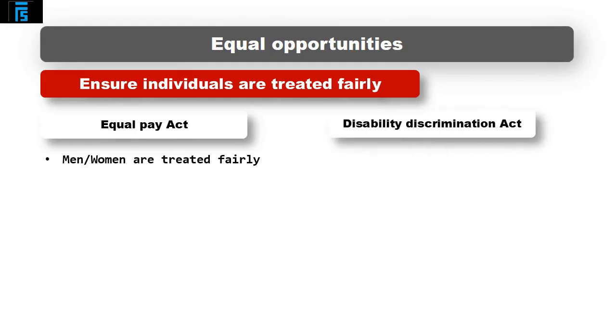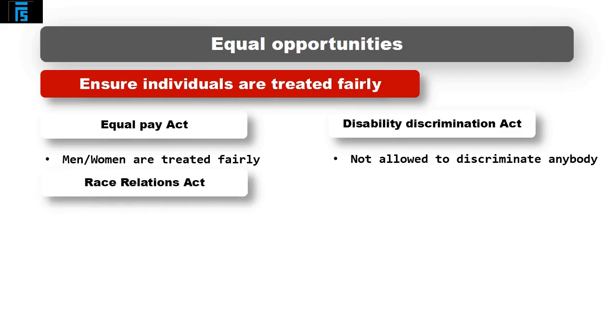The Disability Discrimination Act simply says that you are not allowed to discriminate against anybody on the grounds of whether they have a disability or not, as long as that will not affect the way that they do their job. So, for example, I cannot see any reason why you couldn't have a lecturer who was sitting in a wheelchair. To me, that would make no difference whatsoever to the quality of their lecturing. So the Disability Discrimination Act would mean that if a disabled person in a wheelchair came along and said, I want to be a lecturer, I'm going to apply, then the college would have to treat them exactly the same as everybody else. And if they're the best candidate, they get the job.